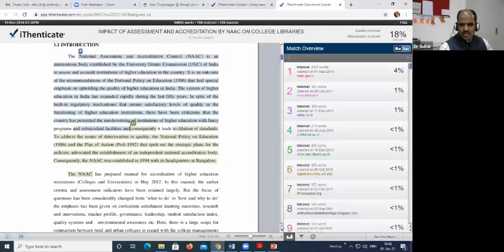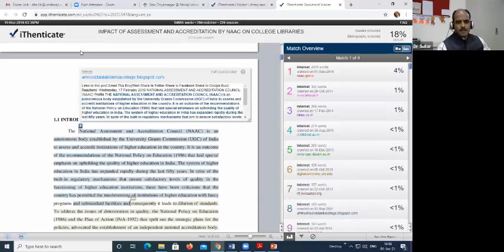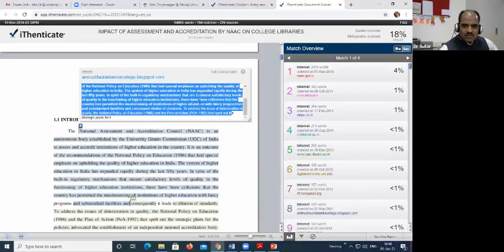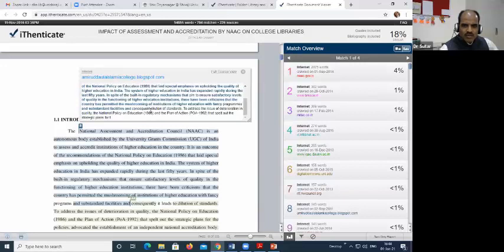Now what I will do is click on this 8. See, after clicking that 8, this is the source. You will find Islamia College blogspot.com. In that blogspot, see, these are the words which have been given in the blue format, and we will check one by one.